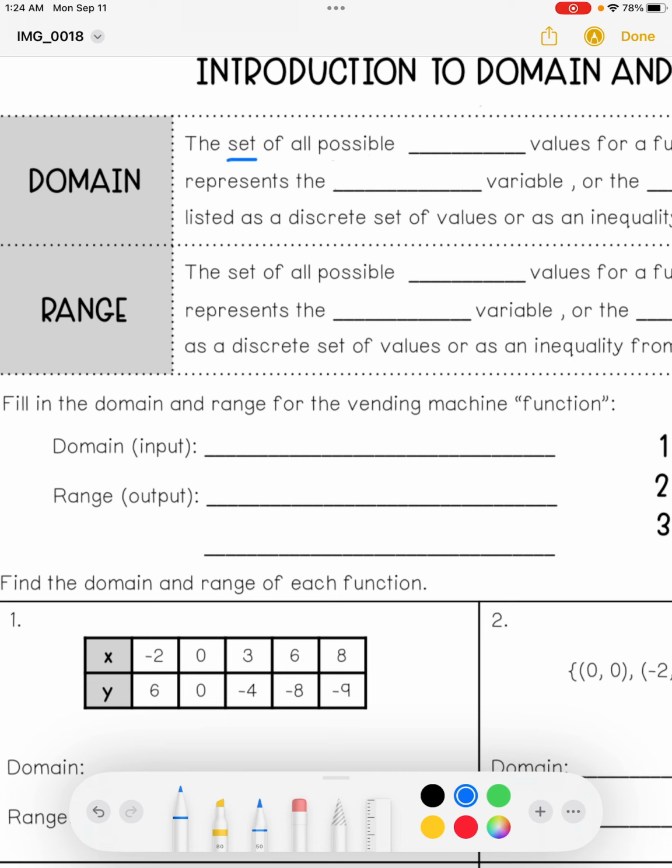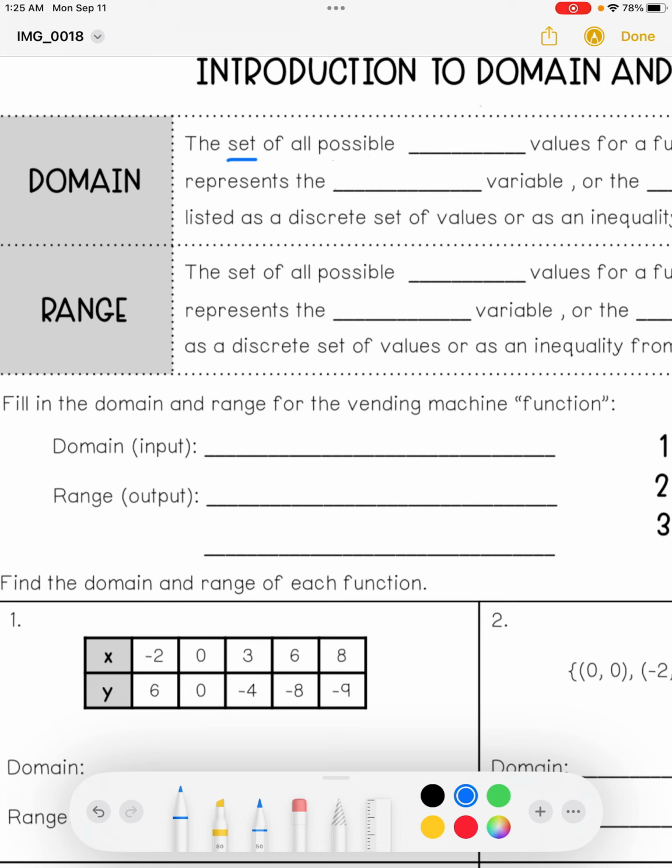The word set just means a group. It could be a group of objects. You can think of playing cards: you have your set of hearts, where all the cards are hearts, and your set of clubs. Or you can make it more number related: you have your set of evens and your set of odds. So in math, usually we're going to have a set of numbers, or a group of numbers, that somehow relate. That's a set. It's just a group of things. So what are the things that we're going to group